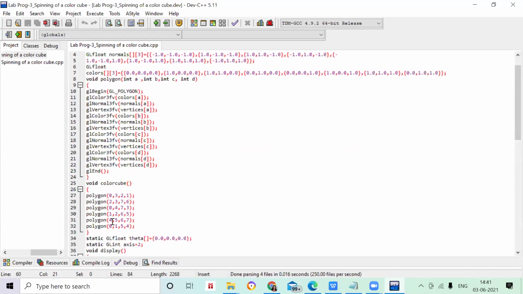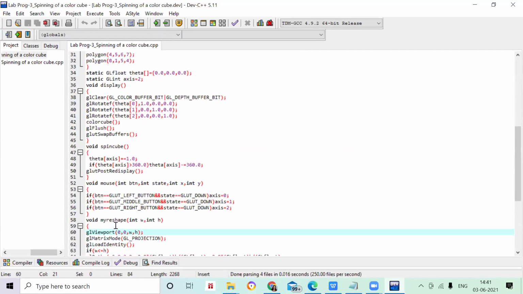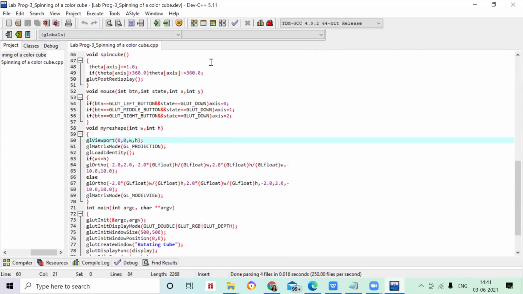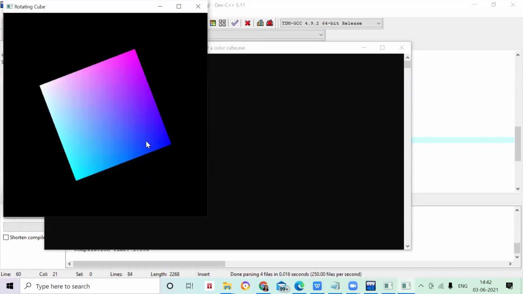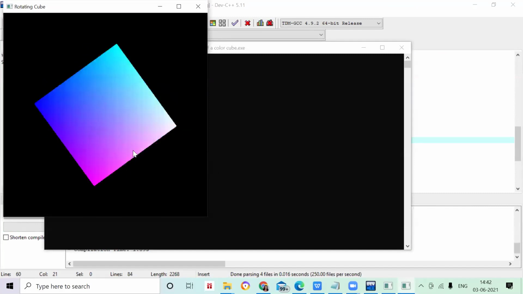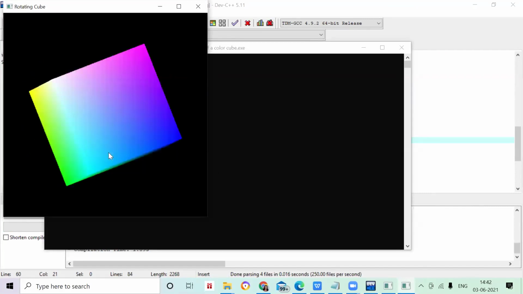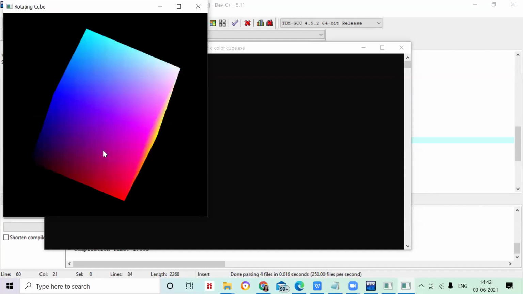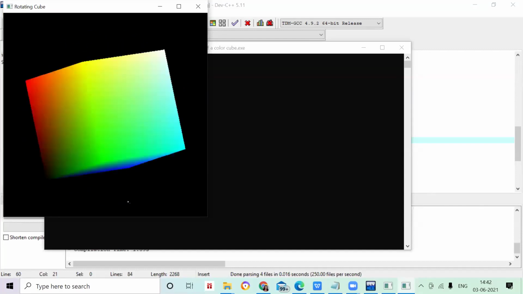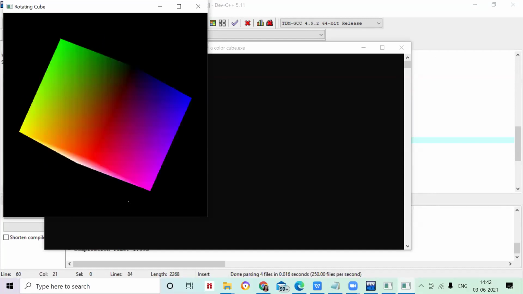So this is the whole program to spin the cube, and I have already shown you the output also. In that way it is going to run, and you can balance the speed also. If I'm pressing the mouse button, it's giving me the changes of the x and y axis. You can make the speed less and check how the mouse button is really working or not.